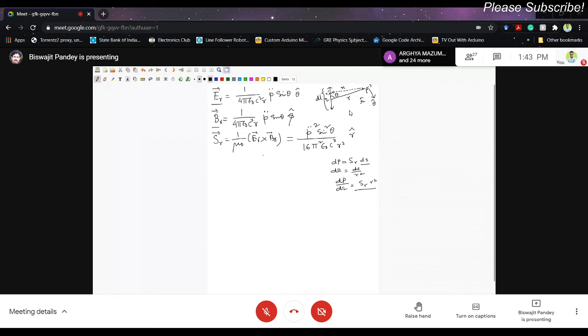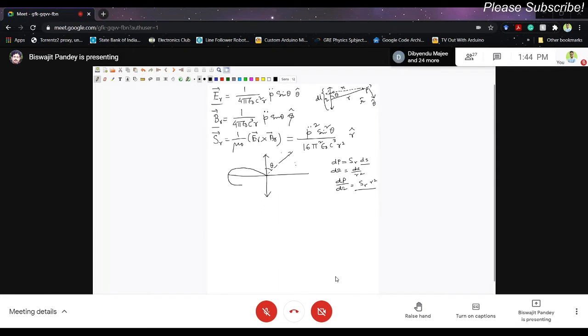I mean, in space. If this is the dipole, and we want to know how the radiation pattern appears around it. So since this is theta, this is sine square theta. Theta is the angle between the axis of the dipole and the radius vector. So radius vector means there could be any point which can be joined from the center of the dipole to that point, that is the radius vector r, and this angle is theta, right? If I take any arbitrary point, and this is theta, right? And since this is sine square theta, this will be something like this.